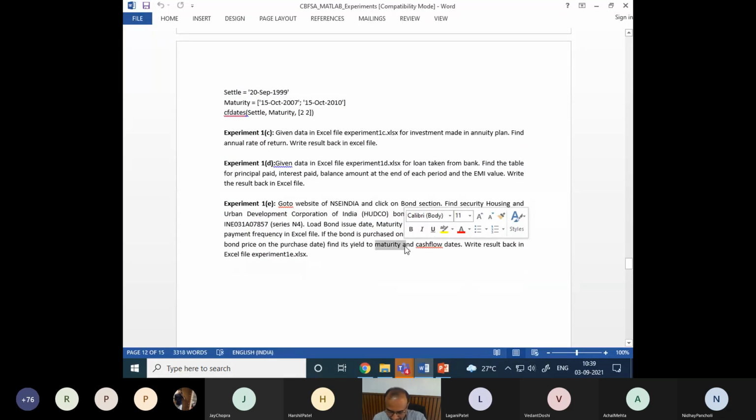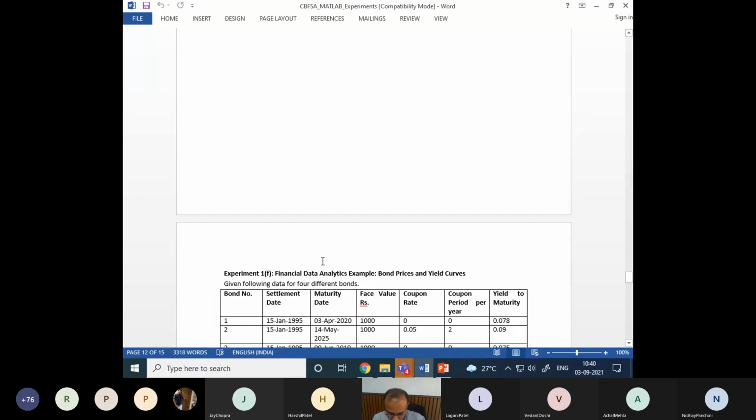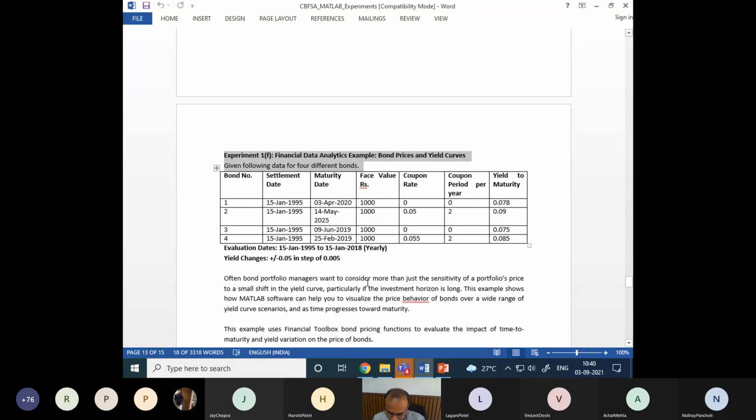This bond yield function and the cash flow dates function provide you the bond yield as well as the cash flow dates, and you have to write that result back into the Excel file, meaning on which date what amount I will get, how many cash flows there will be in this particular bond if I purchase it on this date, up to the date of maturity. That provides you a complete cash flow structure. I hope you have done it, and if there is any difficulty, tell me. If you have not done it, tell me. I have only one option, to float my solution, and then you have to refer to that solution. I have intentionally not floated the solution. I want you to do something yourself on practical data.